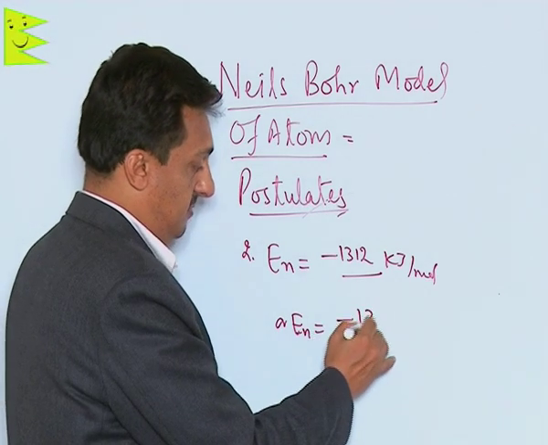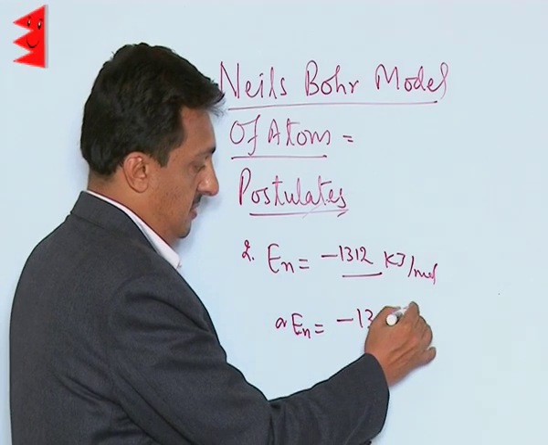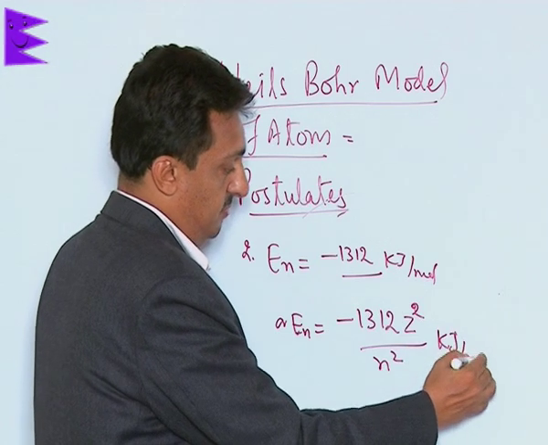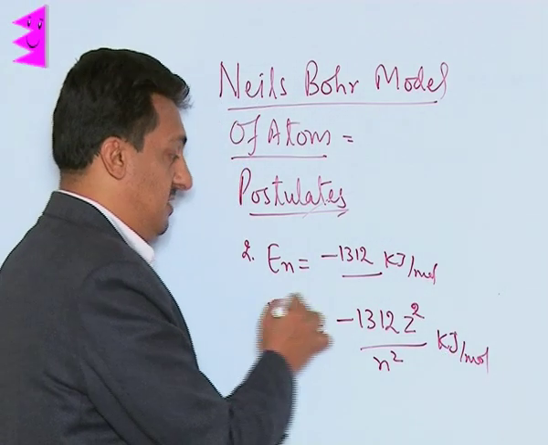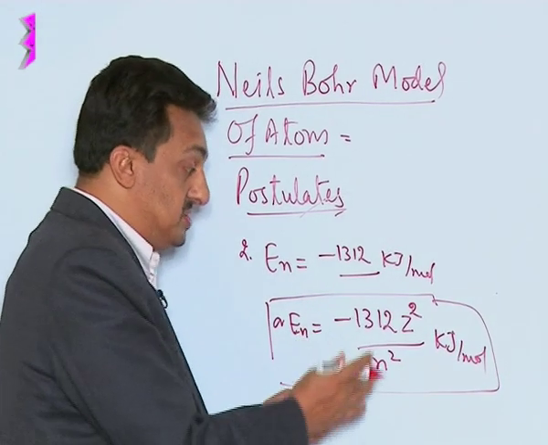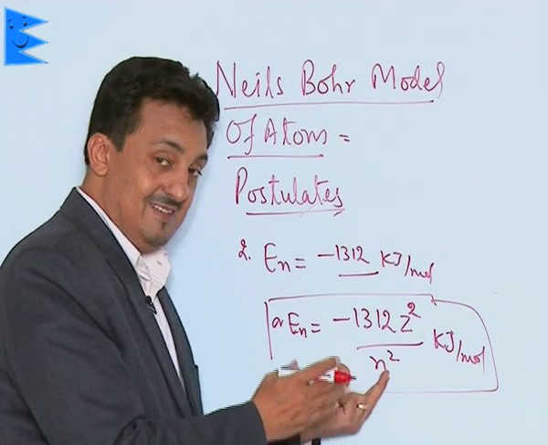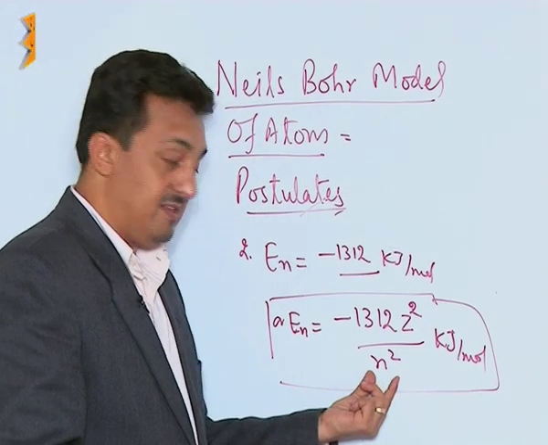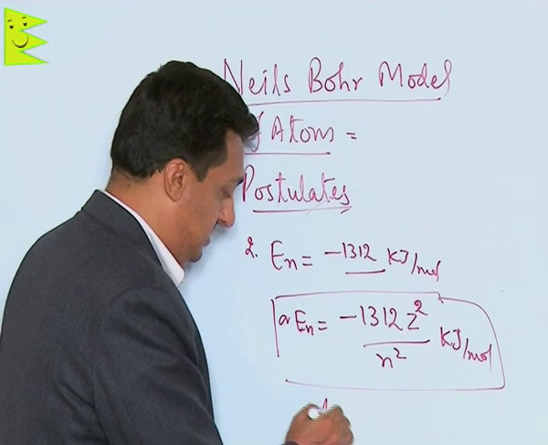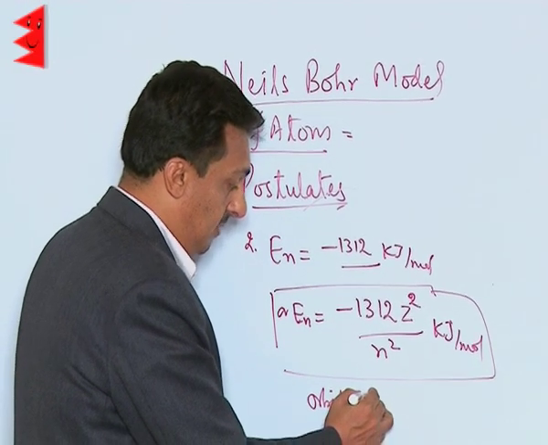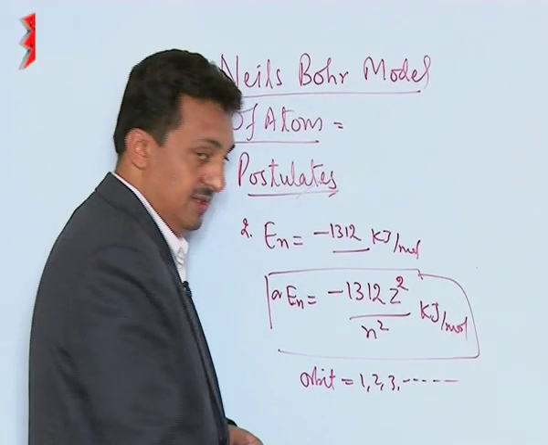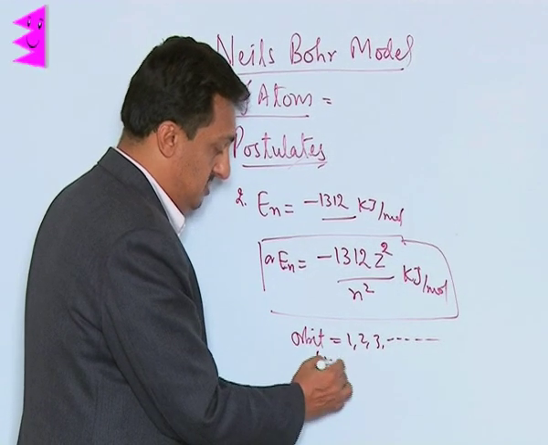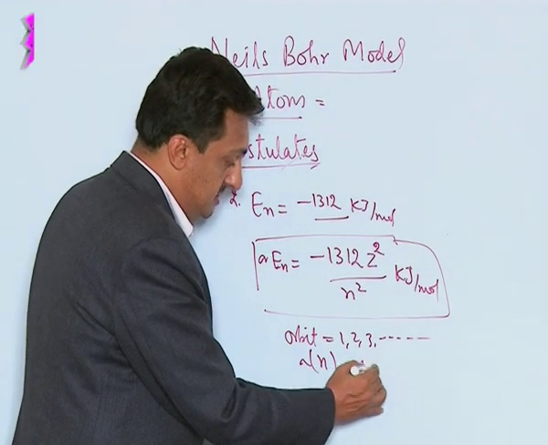It can be written as 1312 Z square over n square kilojoule per mole. So this is the formula for finding the energy, or the formula which tells us the energy associated with the electrons in any particular orbit, and n square is the orbit number. The orbits around the nucleus can be numbered 1, 2, 3, 4 like this. Later on these numbers are given a symbol n, which is also called the principal